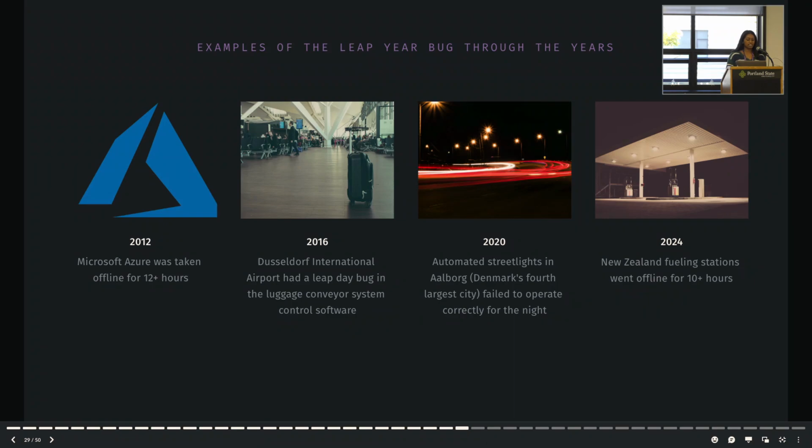When the system tried to calculate certificates based on date and time, it failed, causing a massive service disruption. As a result, businesses relying on Azure for hosting, data storage, and other services faced unexpected downtime. The outage lasted for over 12 hours, leading to significant operational and financial losses for companies around the world.